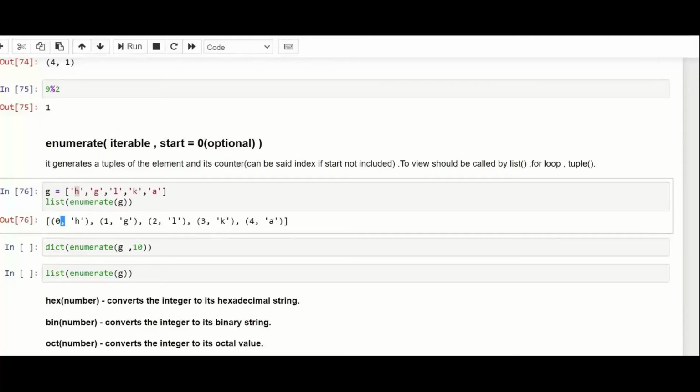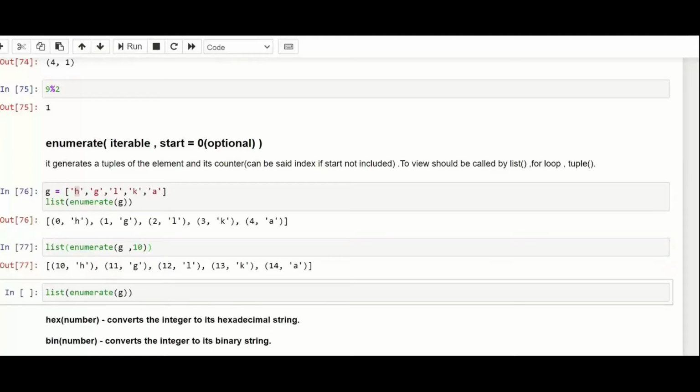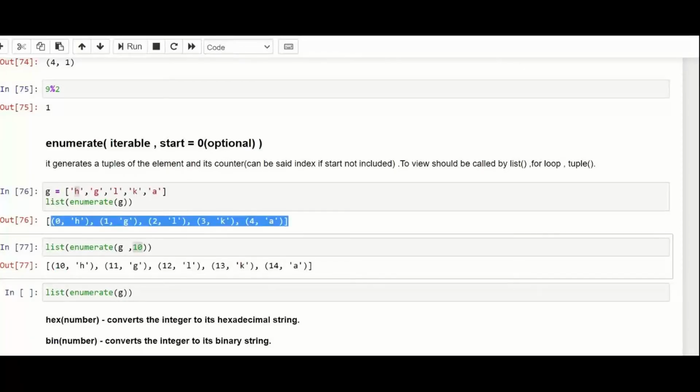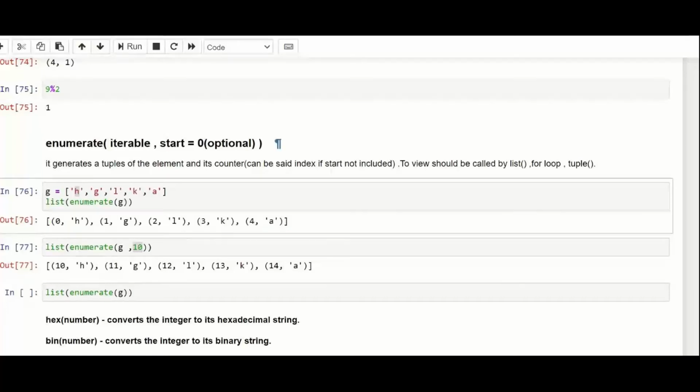By default, it starts from 0, but you can start it from any number. If you provide a comma and a 10, it will start with 10. These are not directly used, but they do give you a reference number of the index. So it does have a start parameter, which is this one.